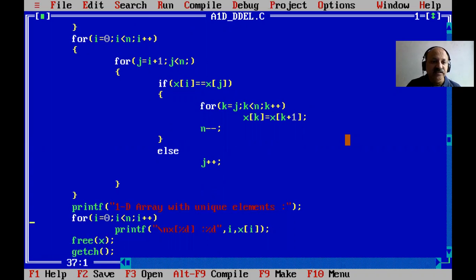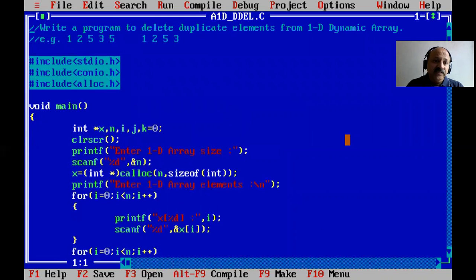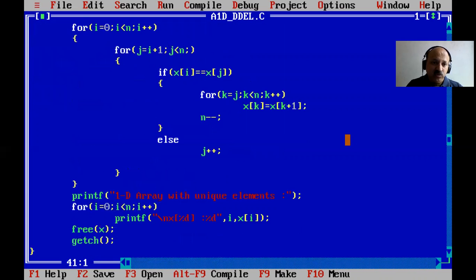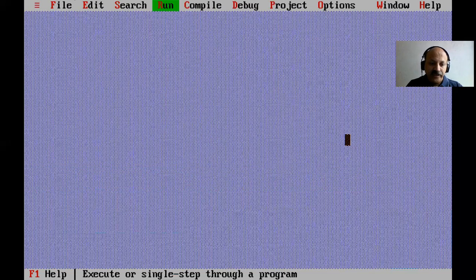So that releases the memory, because that is dynamically allocated memory. Otherwise that block is reserved. So always, with calloc and malloc and realloc, the free function must be used. So yes, write this program in your C notebook. Now I can close, yes, with Alt F3 function key, and watch the output and quit.